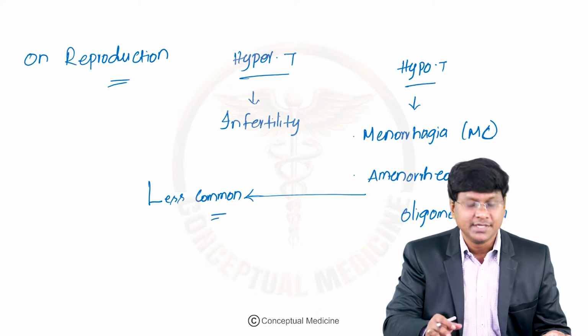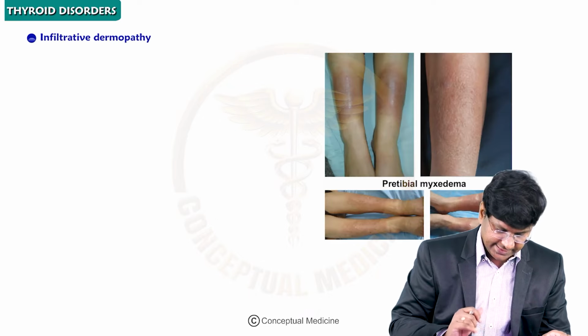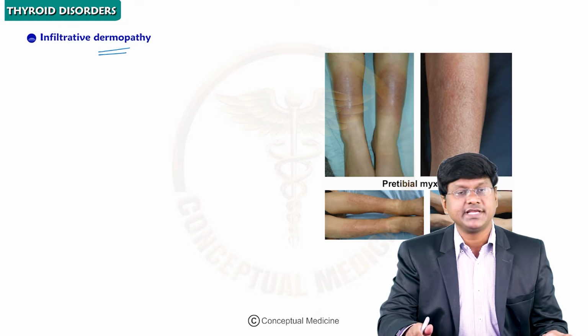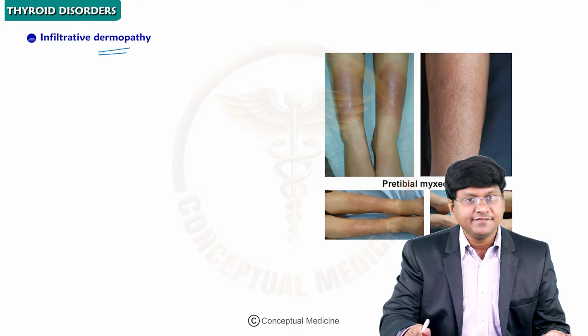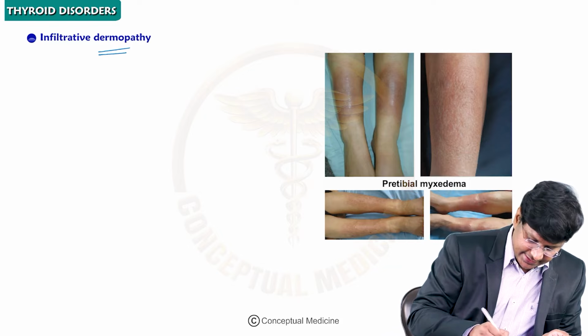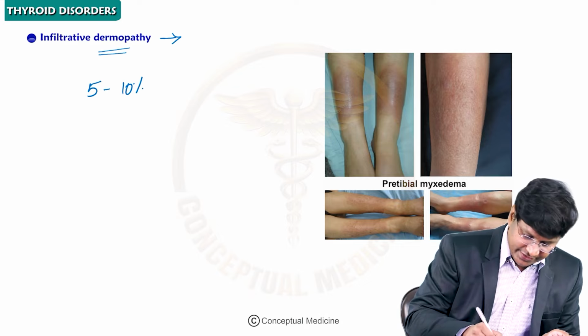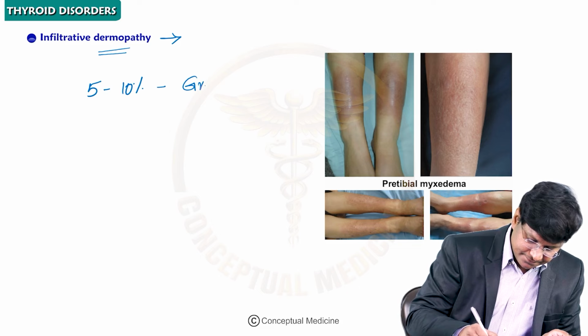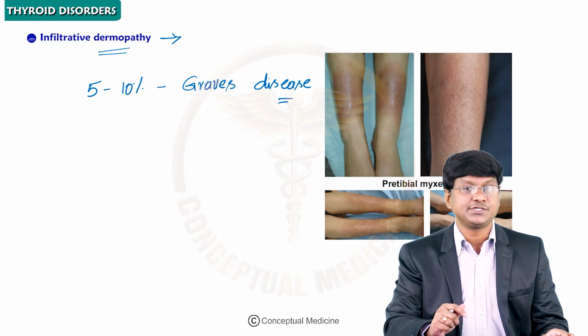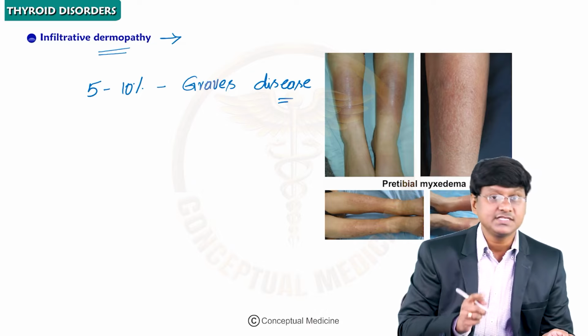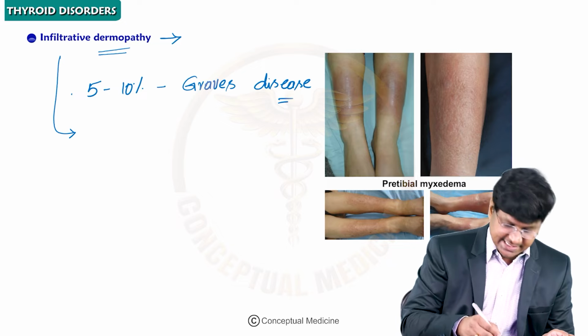will happen to the skin in patients with thyroid related disorders. We have a clinical condition called infiltrative dermopathy. This infiltrative dermopathy will occur in almost 5 to 10% of patients with Graves' disease. Right, it is seen in almost 5 to 10% of patients with Graves' disease. And most of the time, this infiltrative dermopathy is accompanied by